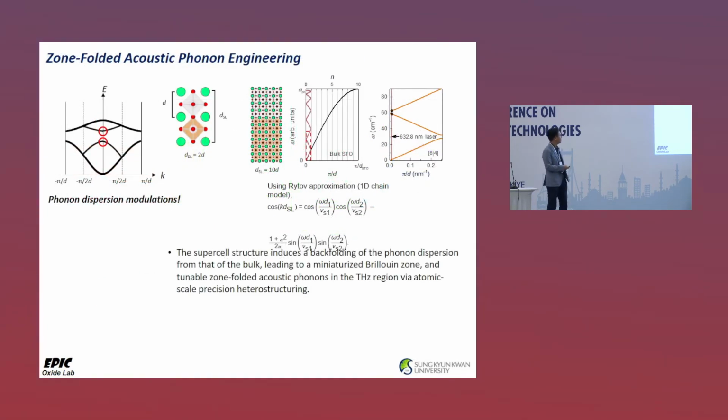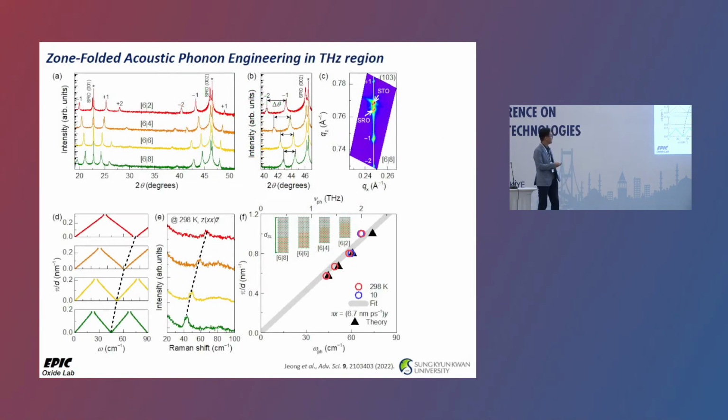We can also work on phonon dispersion modulation. If you have these nice superlattices, you can create zone-folded acoustic phonons and engineer the phonon wavelength. For example, you have this zone folding for your superlattice systems, and you can have additional peaks appearing for your phonon. This is called zone-folded acoustic phonons. Here you can see with different types of superlattices, from Raman spectroscopy, the evolution of the phonon peak depending on the superstructures, even for oxide systems.